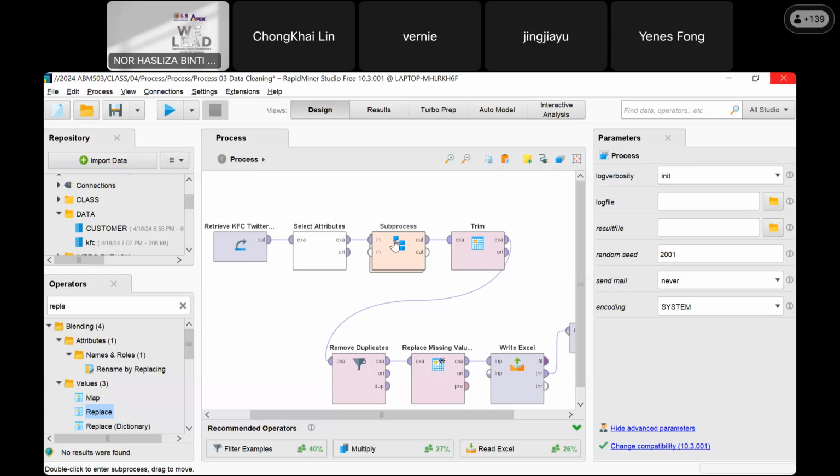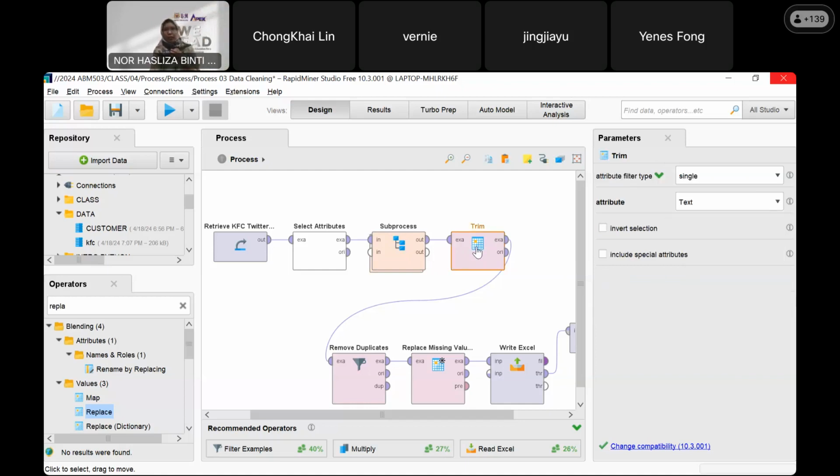So we want to treat the blank part of the data. So we trim, you know, trim, cut. Trim your hair, trim. So here we trim, single text.